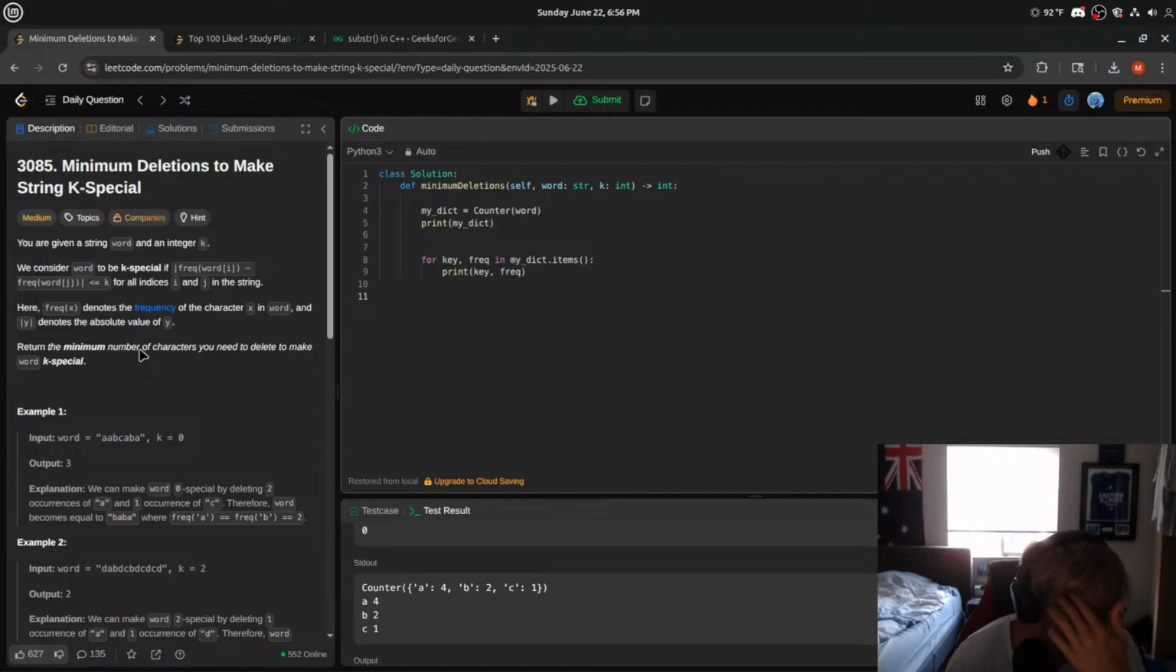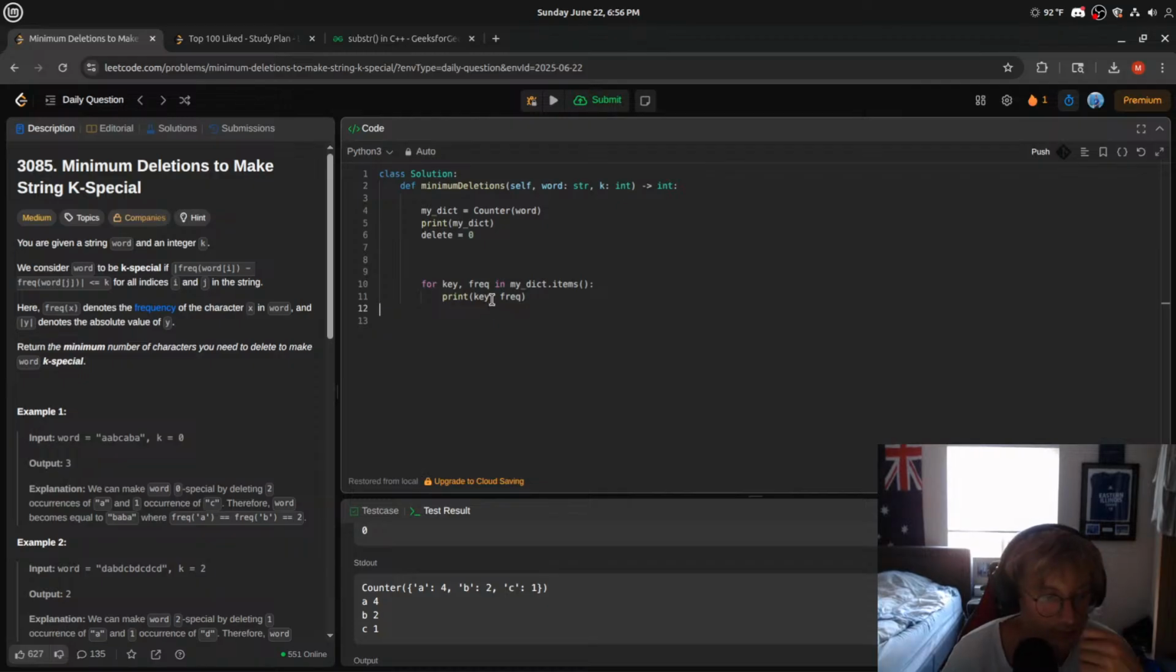What are we returning as the answer? We are returning 3. Return the minimum number of characters you need to delete to make word k-special. So it would be 3. Minimum number of characters you need to delete. So let's make deletes 0. I want to think about this. If we do the difference,